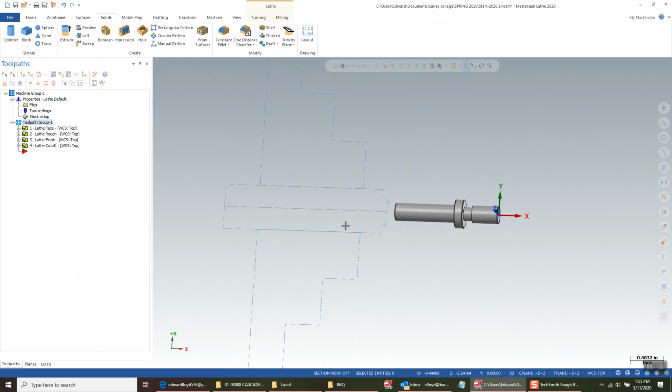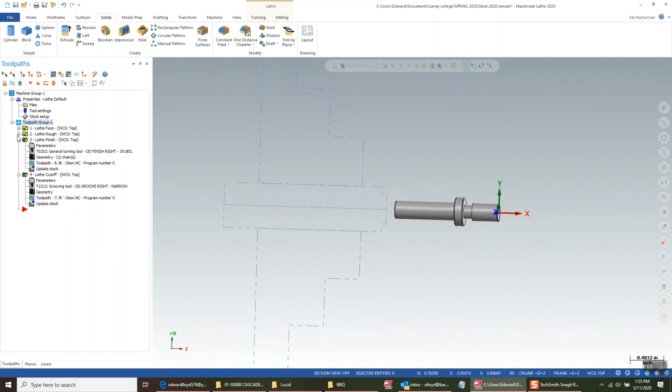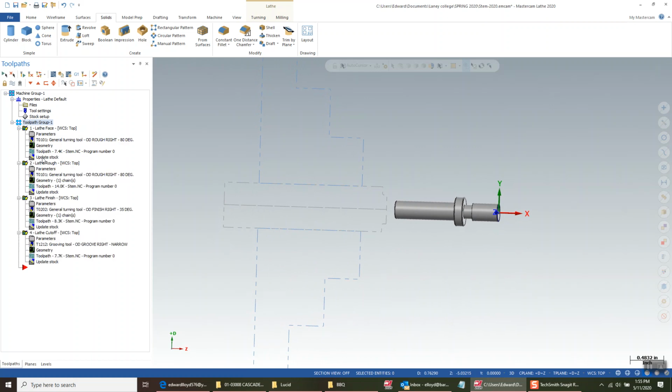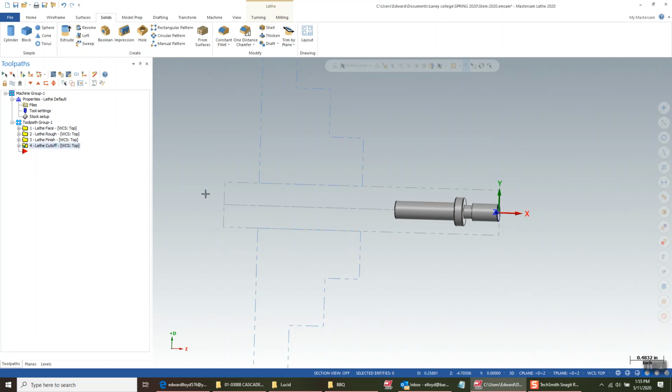So now we have our phantom stock here, right? So that's going to be a problem when we create our toolpaths. So what we can do is we can expand these toolpaths here. If you look down here at the bottom of each set of toolpath parameters, it says update stock. So if we click on that for each one, now you can see our phantom stock goes back to normal. So now it's not looking at these toolpaths anymore. So now we can go ahead and create toolpaths for the second operation